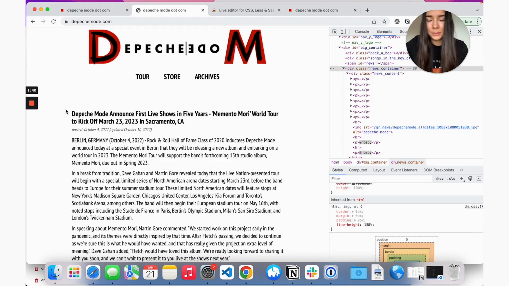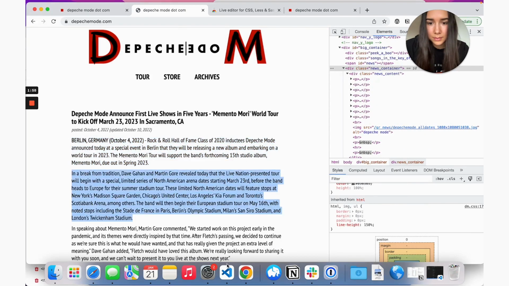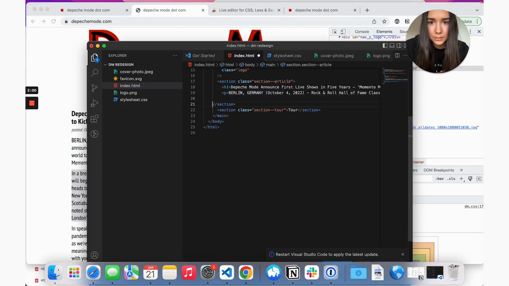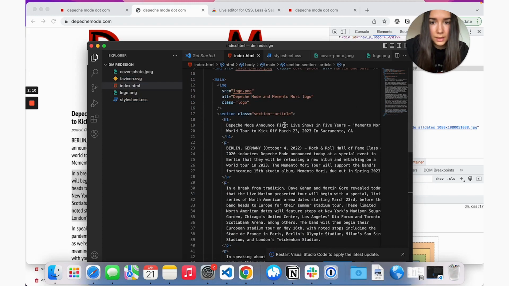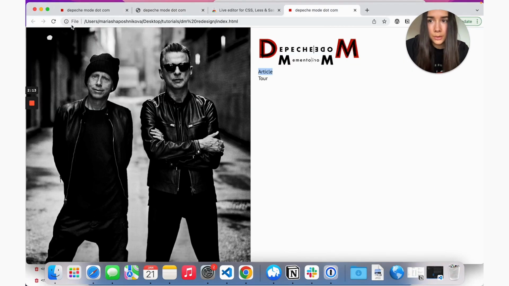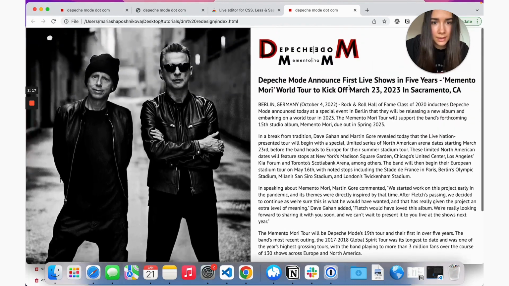And the second thing, I'm going to grab the content of this article and put each paragraph inside its own p tag. So now we can go back and refresh this, and we see we have our article here.